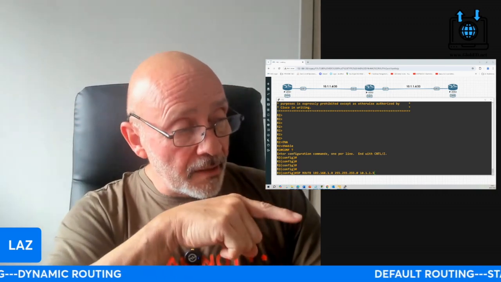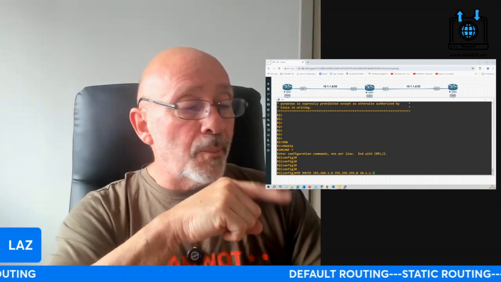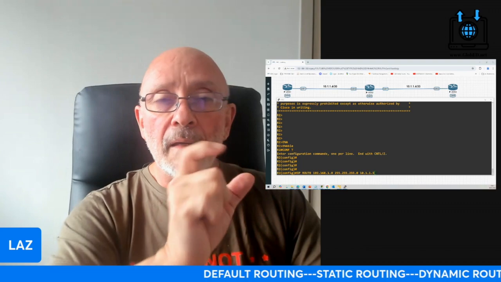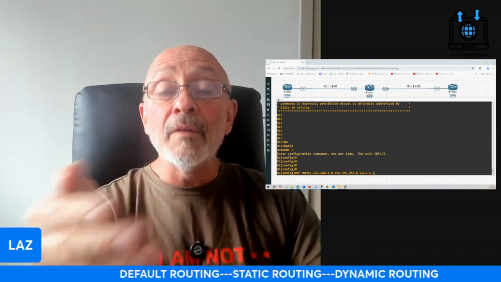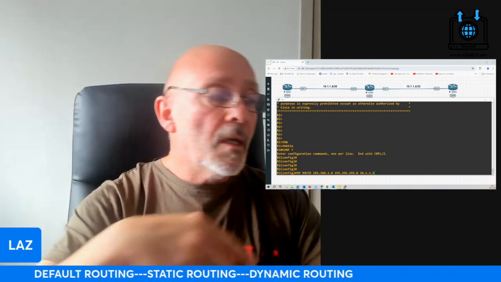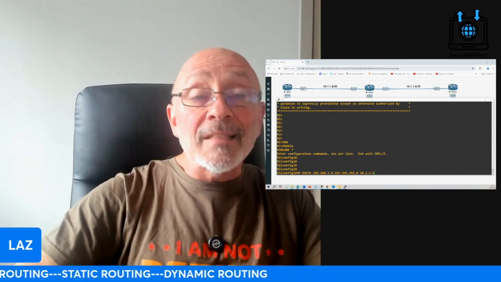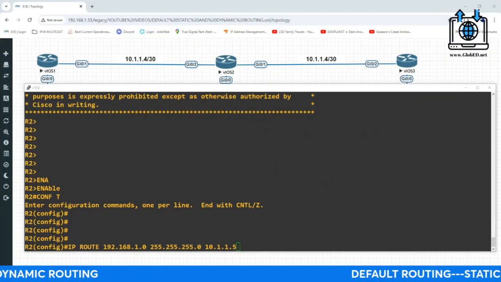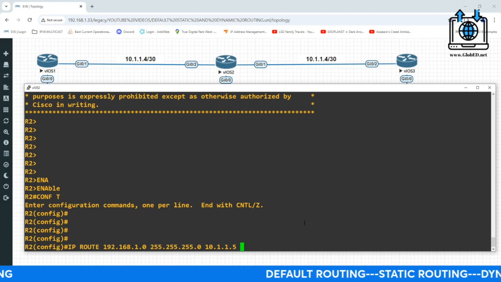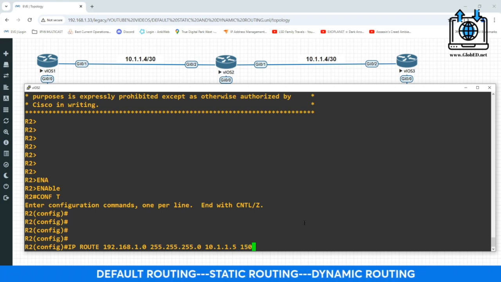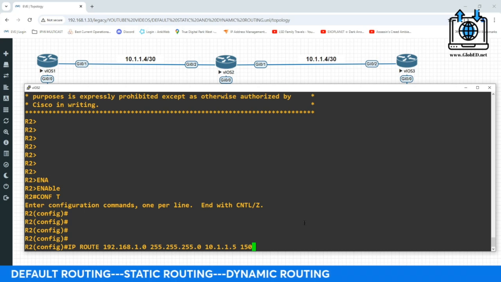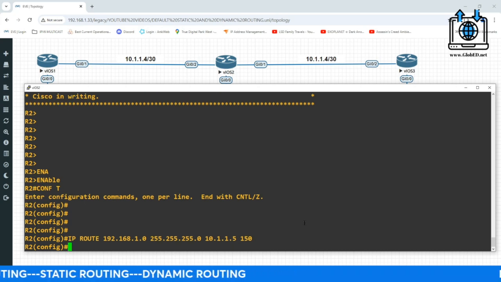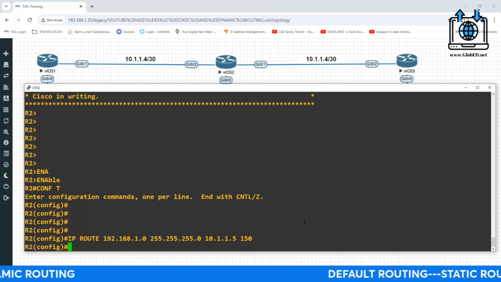So in this case, we're going to put an administrative distance that's higher than RIP, because RIP is 120. So let's go ahead and do that. And that is considered a static floating route. So let's go back in here and put a space and 150. That is a static floating route. If I had not put that, it would have been just a regular static route. Hit enter. That's all I'm going to do. I'm not going to add the other network. We're working on the left side right now.